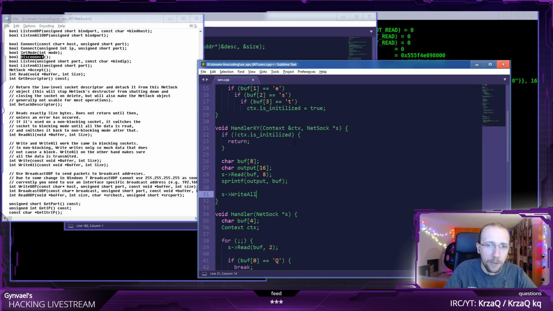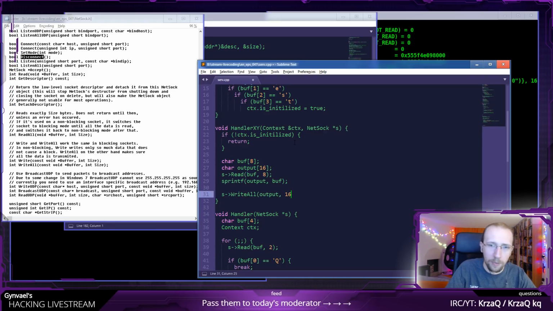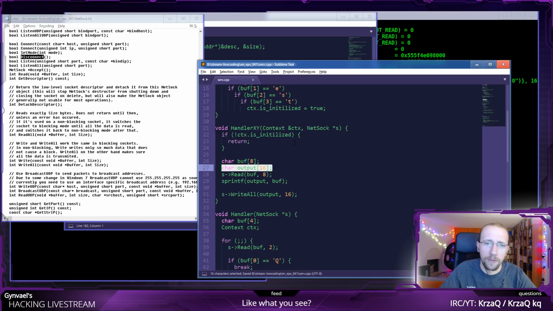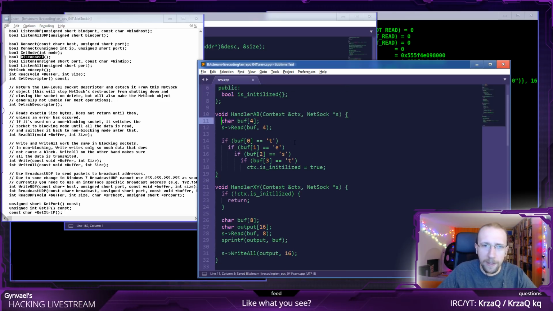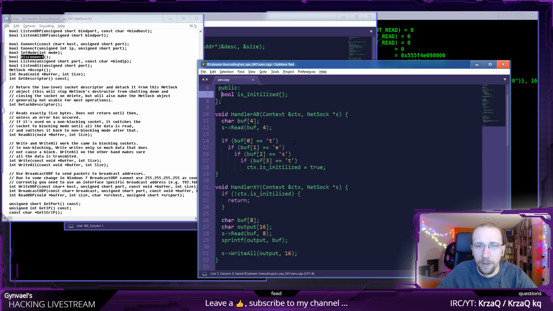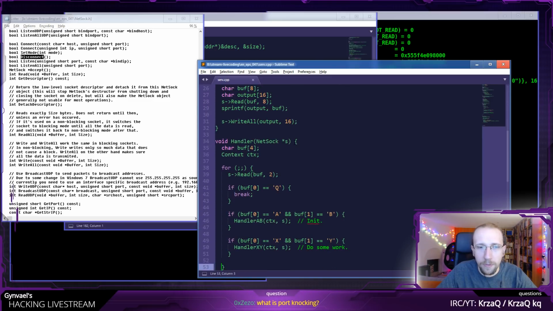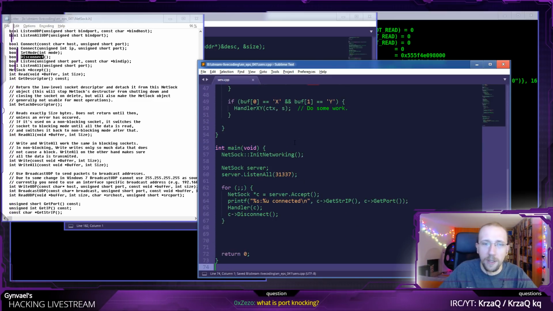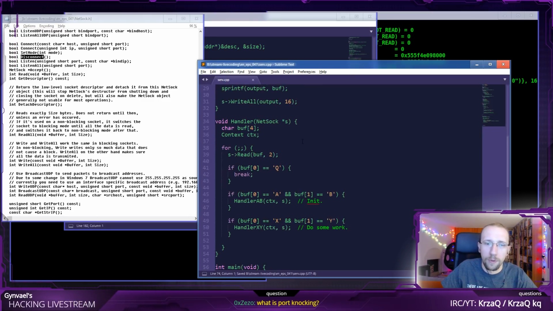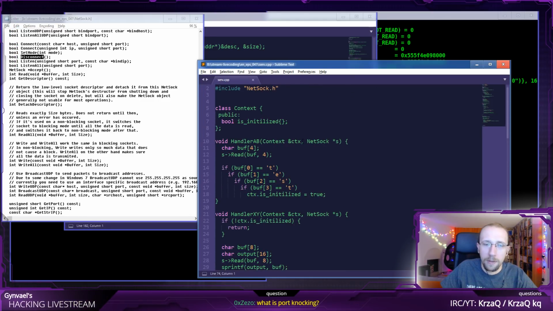Then I'm going to use write all this time to output the output, which is at most 16 bytes. This is also an information leak here, by the way, because I'm not initializing these. So that's like half of the possible memory corruption errors in one function. This is cool, this is cool. Okay, so this should actually work and give me something to work with. I might also want to